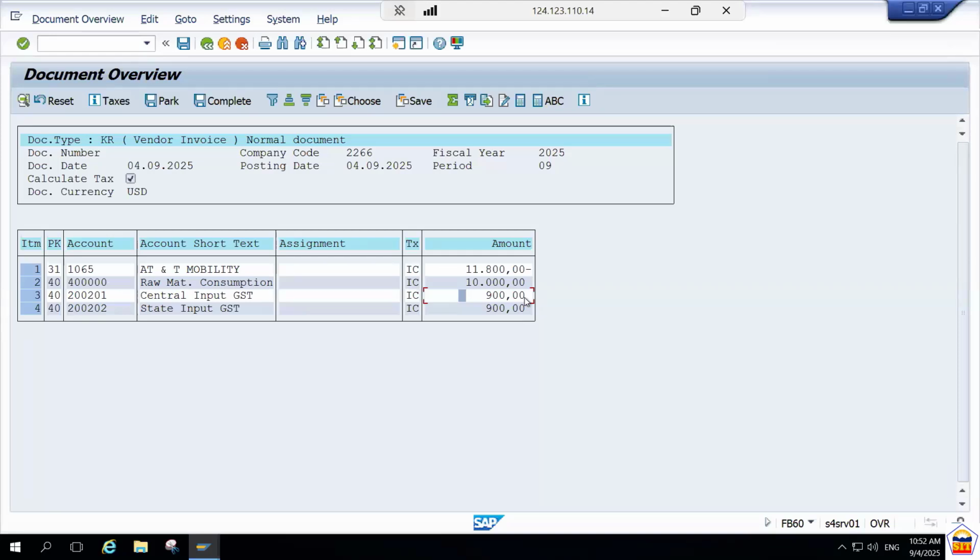System has derived the tax line item 900 for the central and state GST. Raw material consumption is 10,000 and the remaining 1800 is the tax. IC will have both the central and state GST at 9% each. So system has calculated the amount as 900 each, so total is 1800. So we can now post it, click on the post option,